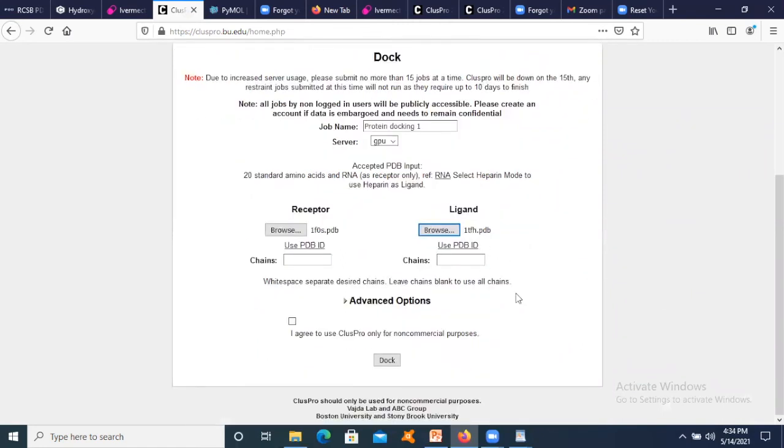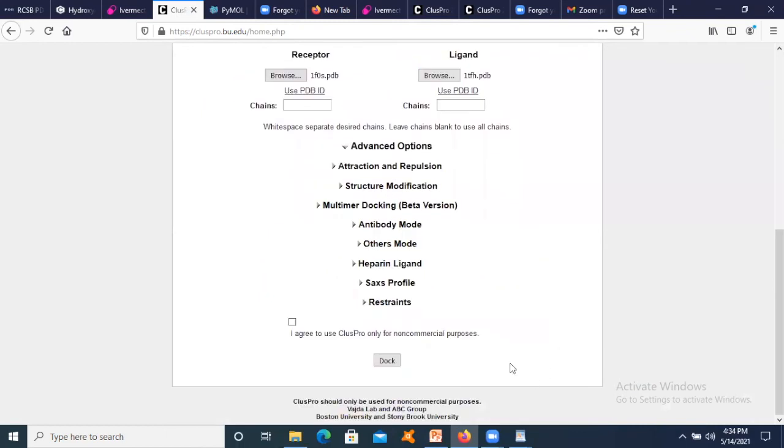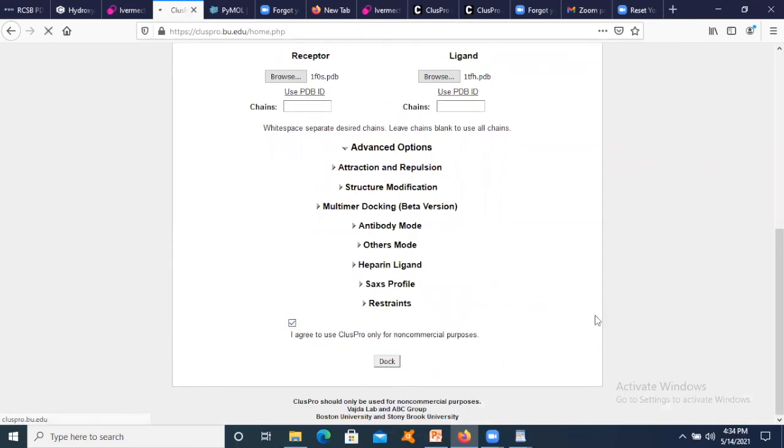Now once I have uploaded this, there are many advanced options also, but I won't go into details of that. I'll just say I agree to use ClusPro only for non-commercial purposes and then say dock.